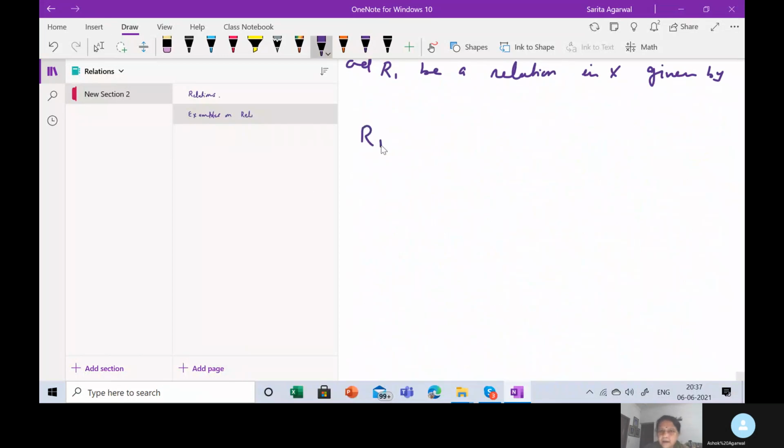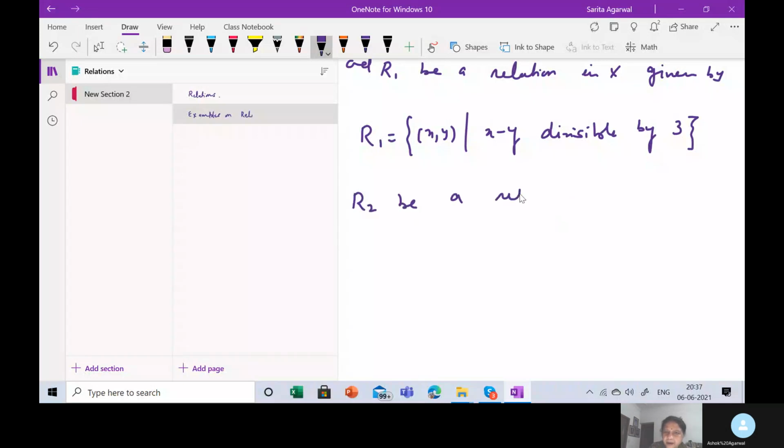R1 consists of pairs xy where the difference is divisible by 3. That means x and y are elements chosen from X such that the difference between them is divisible by 3. This is what you say, right? And R2 be a relation on X, right, given by